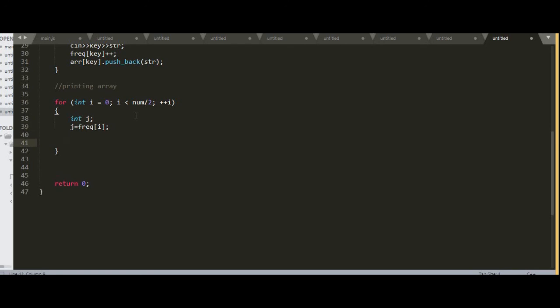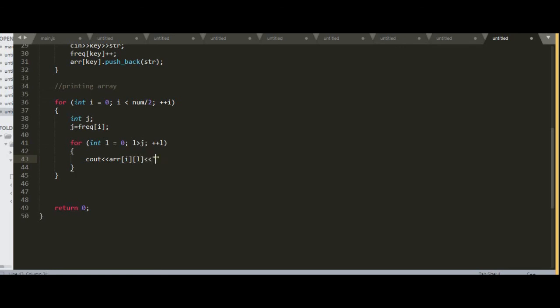Similarly for this, and after that we can take another loop, let's say for l equals 0, where l is less than j, and we can simply print out arr of first i and then l.